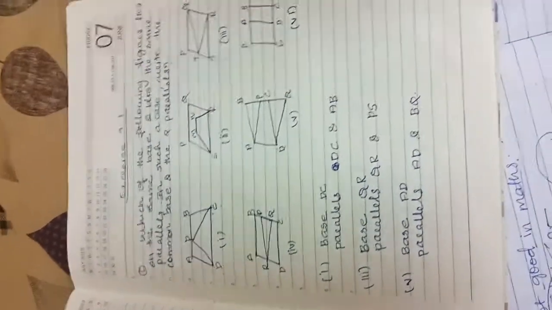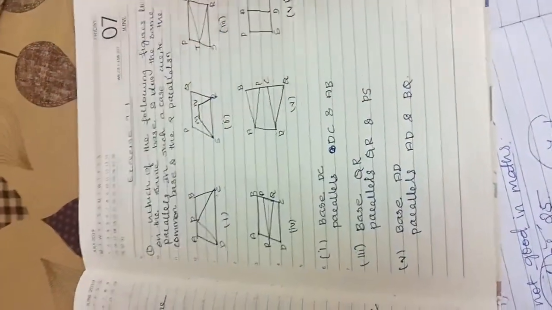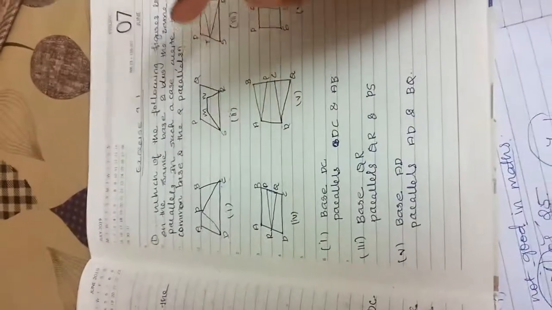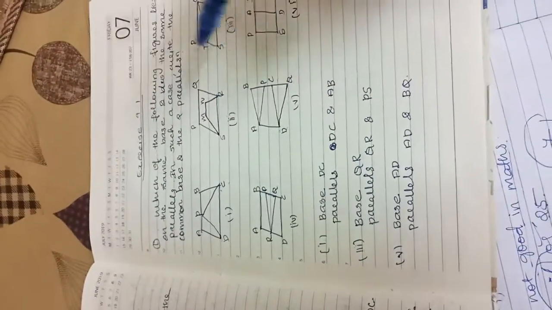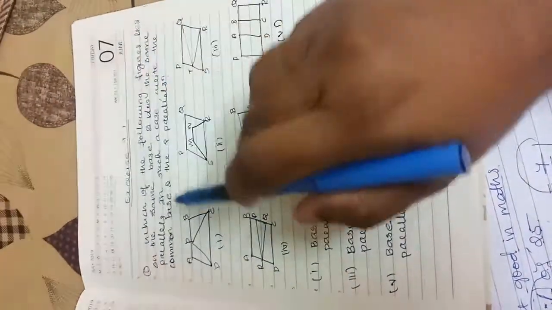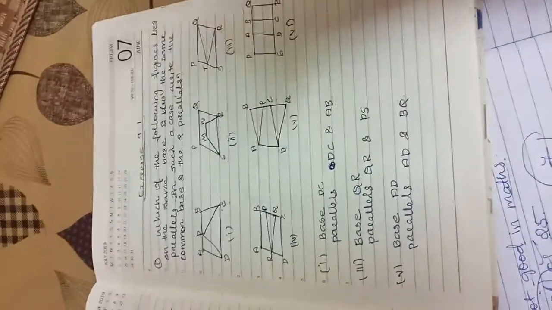So exercise 9.1, actually you can do it yourself. It is a very easy exercise. Which of the following figures lie on the same base? We have to find out from the given figures which have the same base and are between the same parallel lines. After that we should check if the figures are between two parallel lines or not. Okay, in such a case, write the common base and the two parallels. If it has a common base and two parallel lines, then we have to write the base name and the parallel lines also.